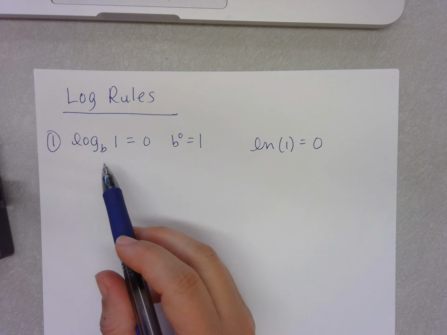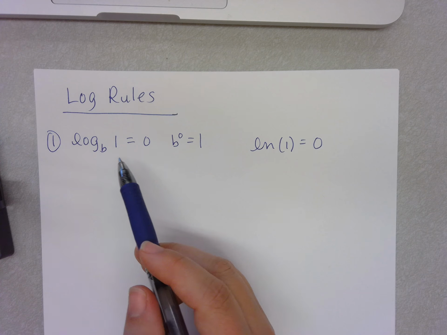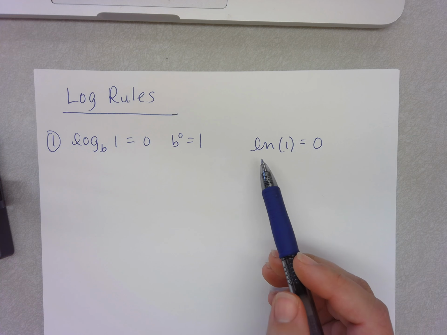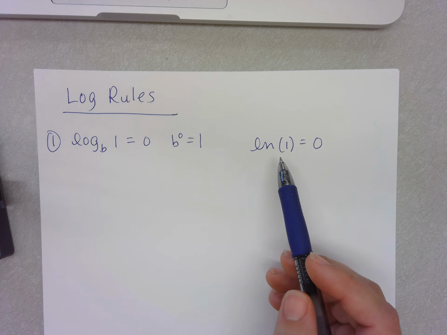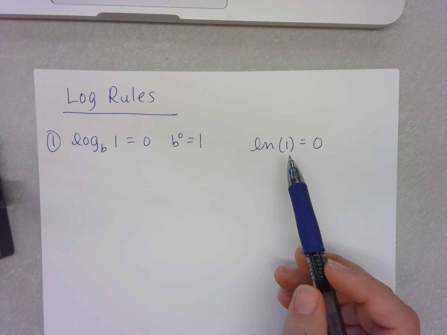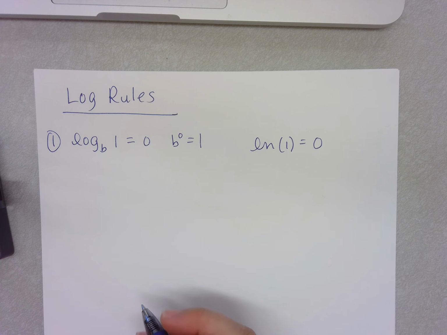Log base b, I wouldn't even have the b if it was log base 10, but it doesn't matter what the base is. It's 1, and this would be base e. It just looks a little different because we call that ln, or the natural log. So the natural log of 1 is 0. All right, so next one,